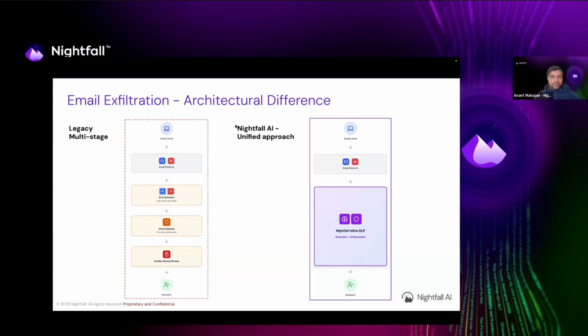As opposed to that model, in the case of Nightfall, you have a unified approach. You do not need to rely on a different tool for detection, and you do not need to rely on some other third-party gateway-based product for enforcement. You could combine both detection at accuracy and at the scale of a cloud-first platform that is built for the AI and SaaS native era, as well as enforce the remediation actions. It could be automated blocking, automated encryption based on the full context of that outgoing email. You could just set it up in a monitoring only policy, so that all of that is completely up to